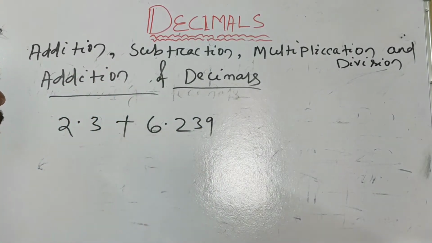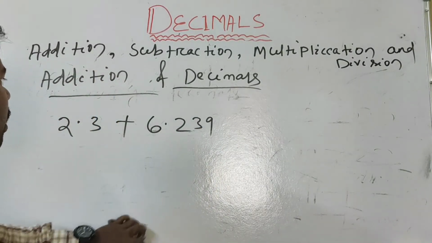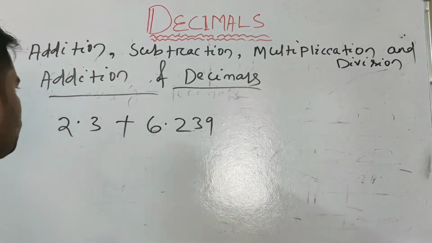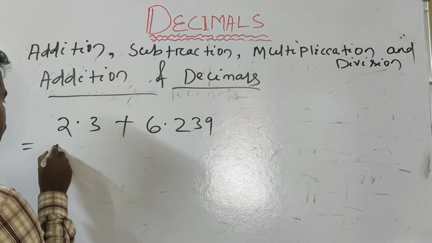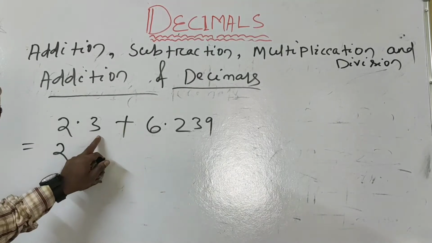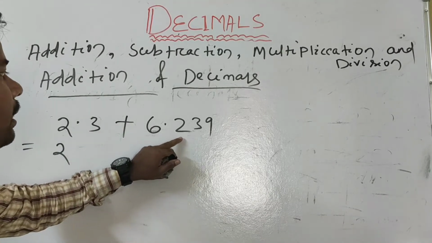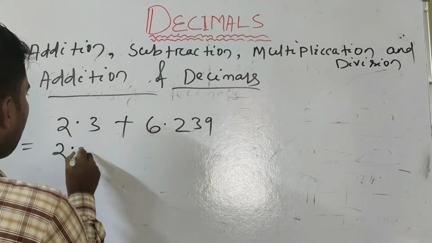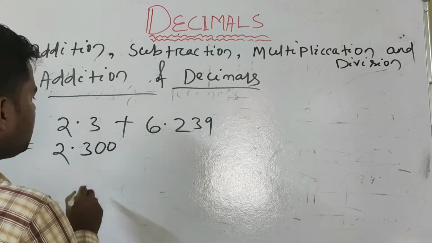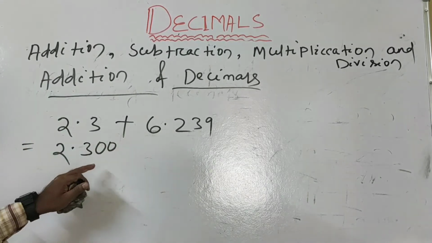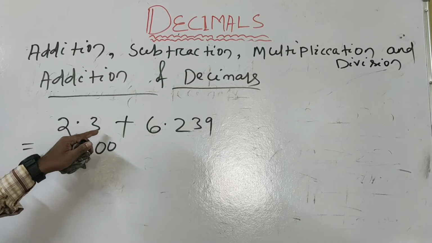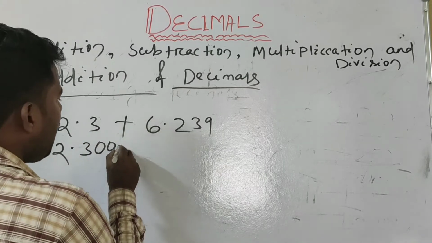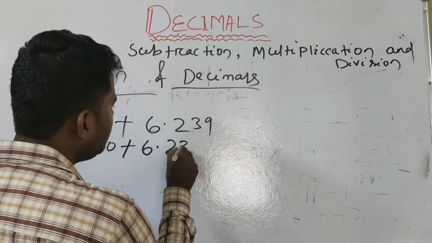First we have to convert both decimal numbers into like decimals. The first one is a one place decimal number and the second one is a three place decimal number. So we will convert both numbers into three place decimal numbers. If we put zeros on the extreme right side of the first decimal, it will convert into three decimal places. The second one is already in three places.